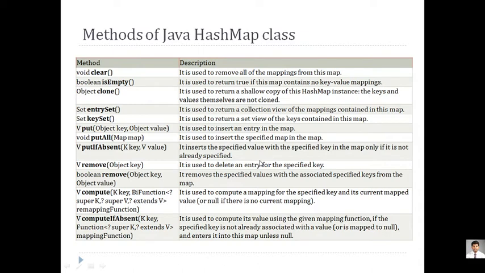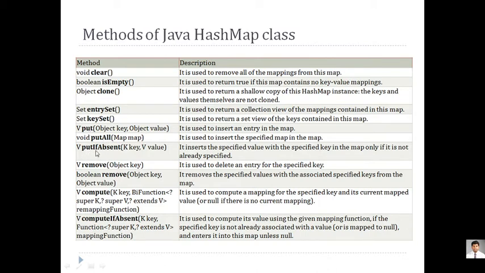Now, as far as functionality is concerned, we'll have some 6-7 examples that will cover the major functionalities. There are repeated functions: clear function, isEmpty function, clone function, entry set, which we have already seen in a tree map. Then key set. Entry set contains keys and values. Key set contains only a set of keys. All keys are added. Put function is for adding an element. Put all function is for adding an object.